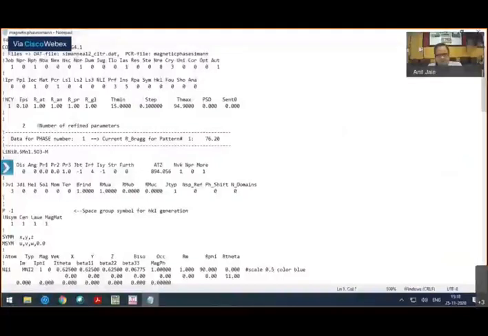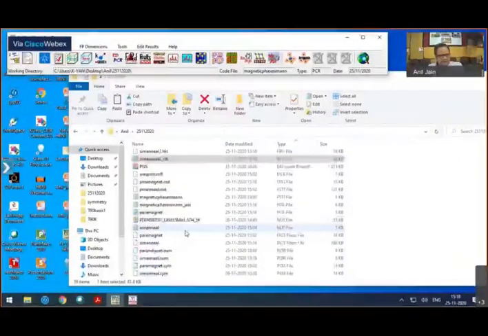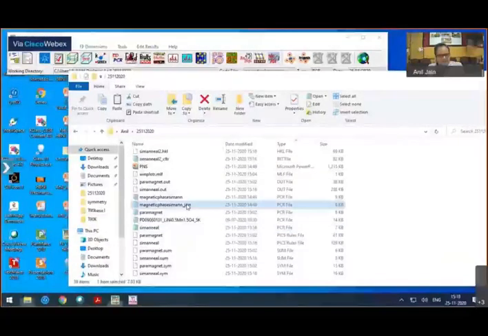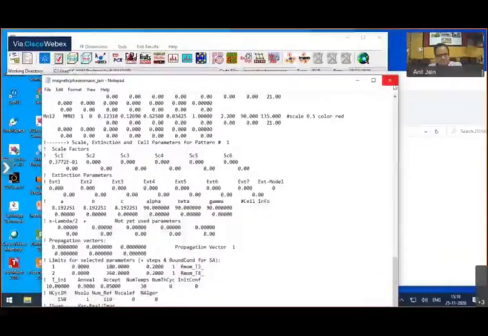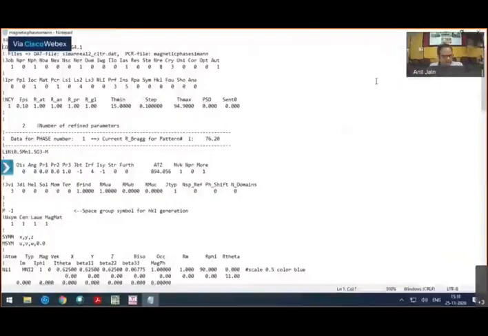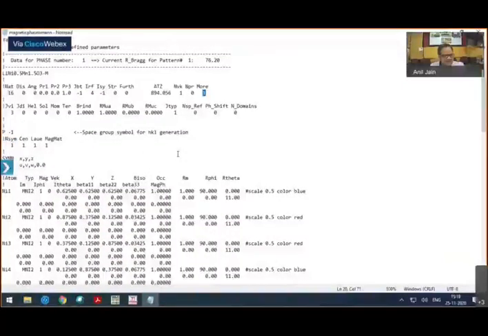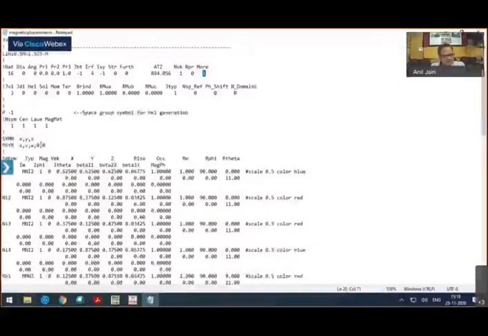So now we made a PCR file where only we will provide the information about the magnetic phase only. So this is the PCR file now, I have made it. In this PCR file also I have put more equal to 1. It means I am putting an additional line. Now in this PCR file, this line is same as you might have seen previously.